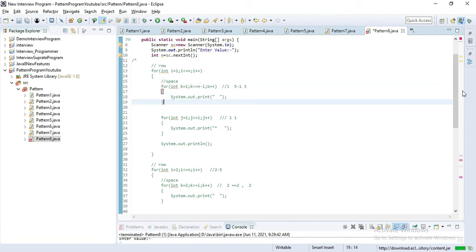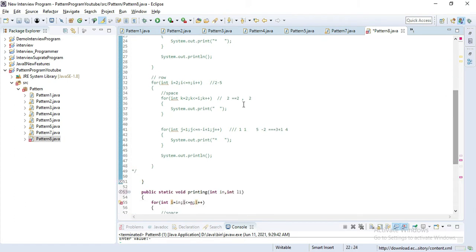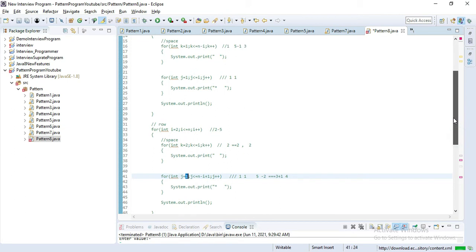Now in the third for loop, you can see the initial value is I. In the second part, the initial value is also I. In the condition we can see less than or equal to I. In the second part we define n minus I plus 1.